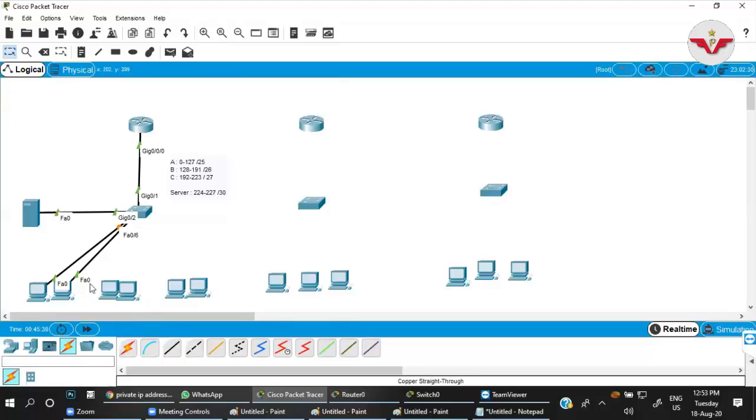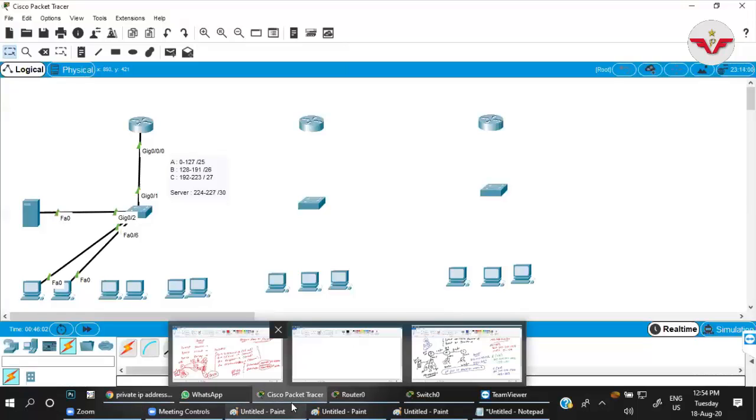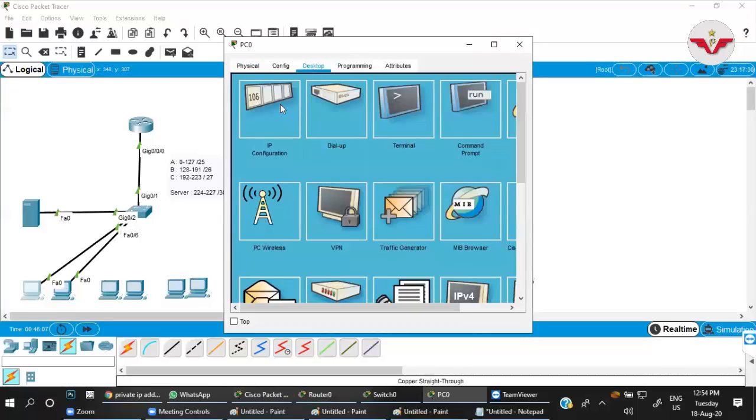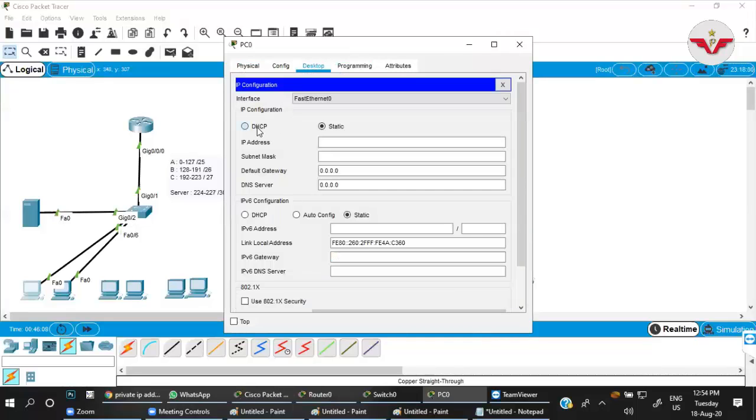Now let it be green. Okay, so I'm going to Desktop and IP Configuration through DHCP. Yes, I'm getting the IP address here, right?